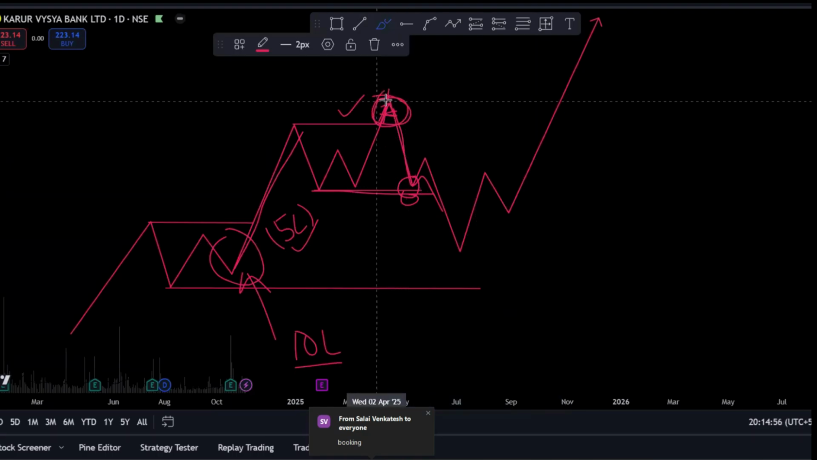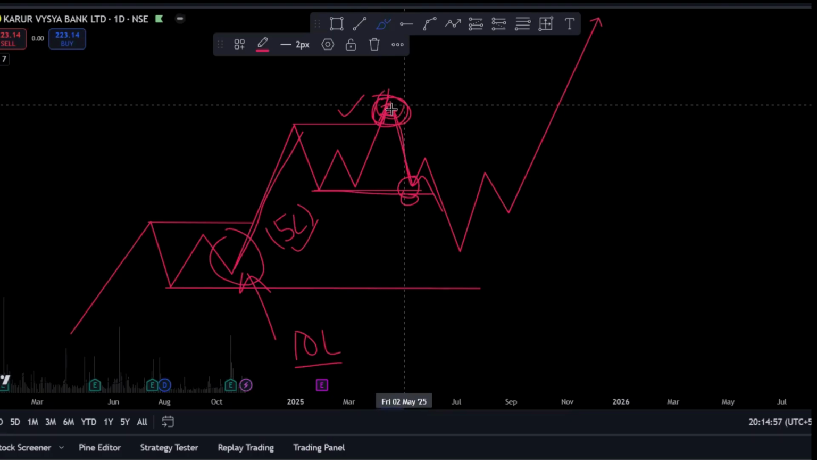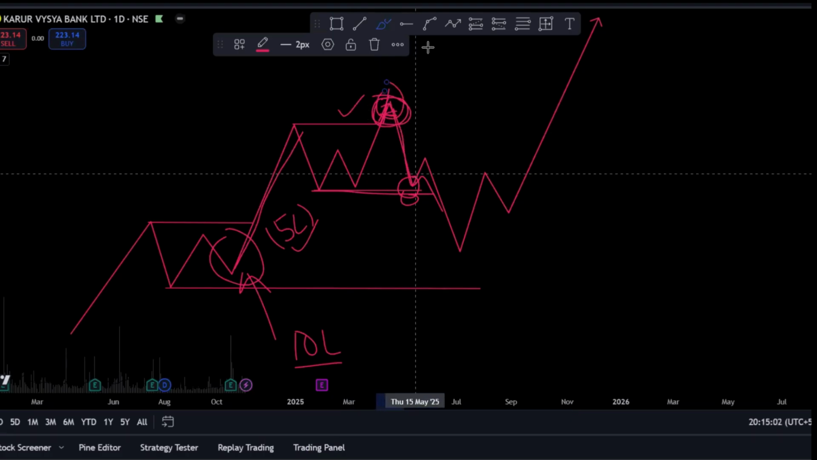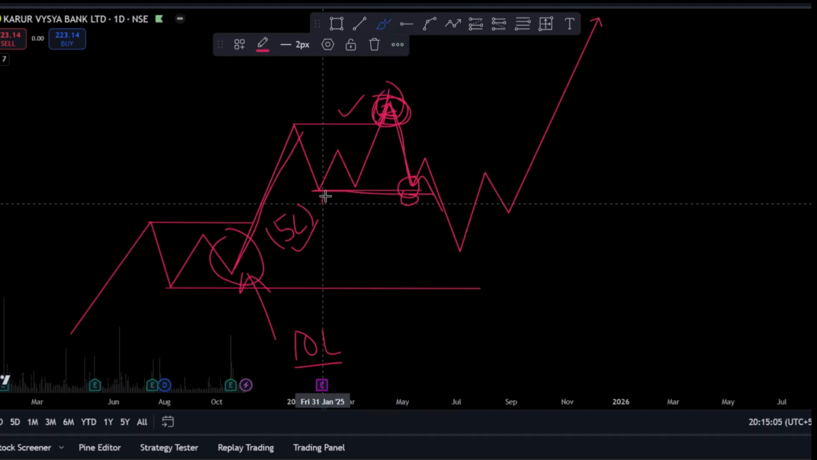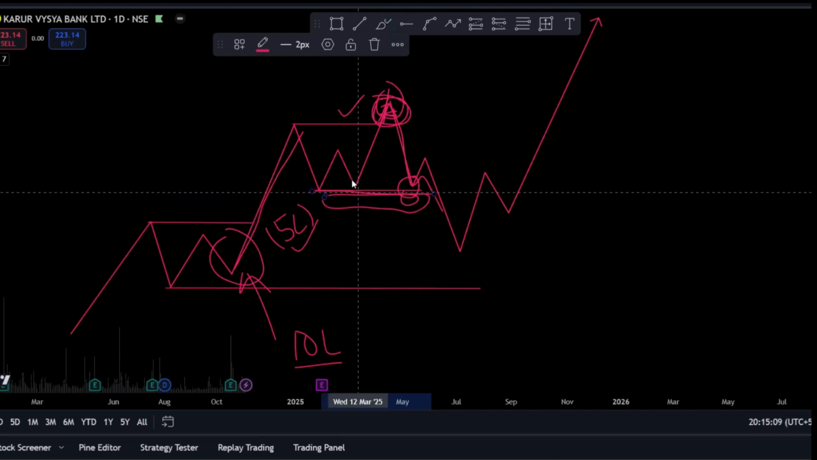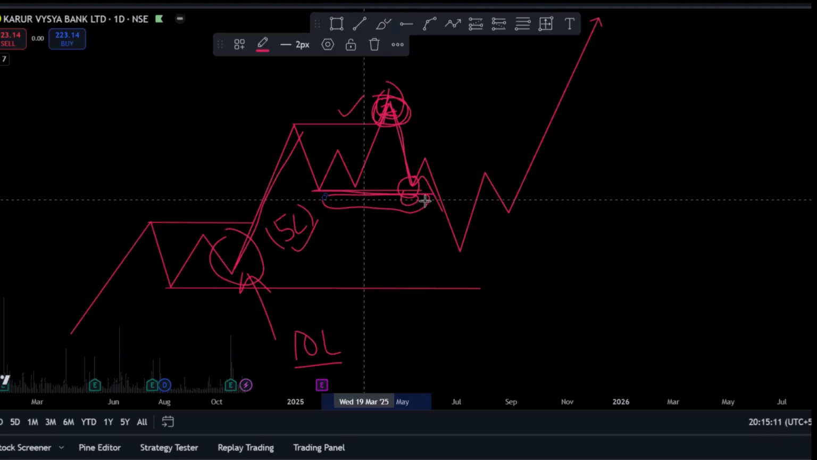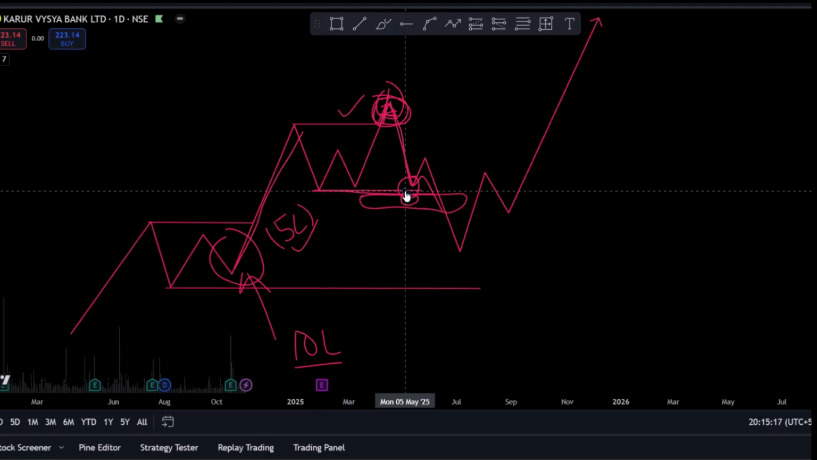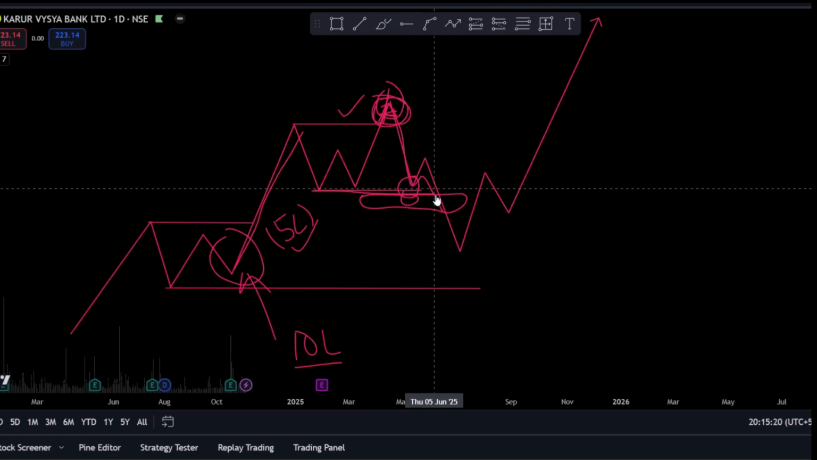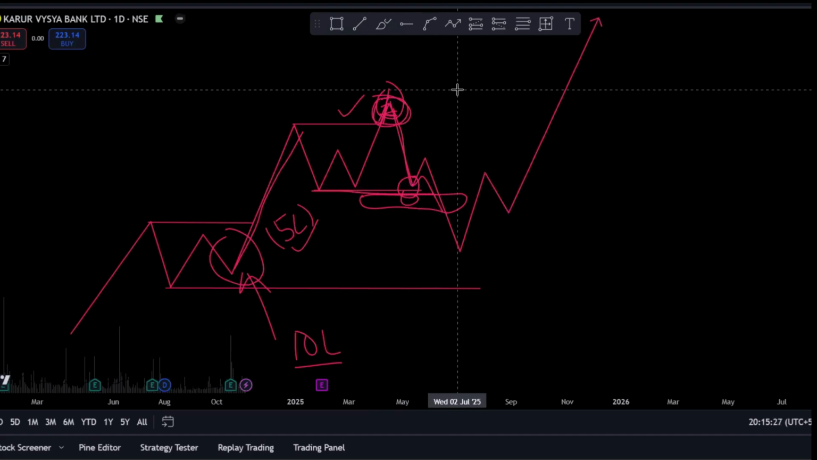Now again, this is the exact area where the institutions start booking their profits and the price comes down lower. While the price is coming down lower, do you all remember below support we had a lot of liquidity? This is below support, right? So all the sell orders, that means stop loss orders, are placed below the support, right? Now think of it. The retail traders' stop loss orders are getting triggered. That means what are the institutions doing? If the retail traders are selling over here,